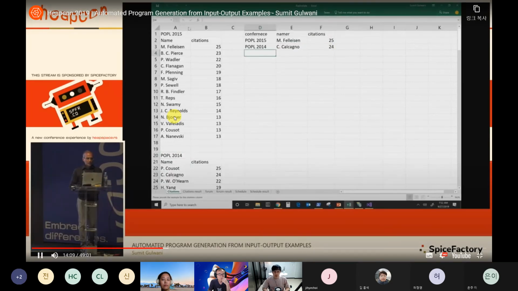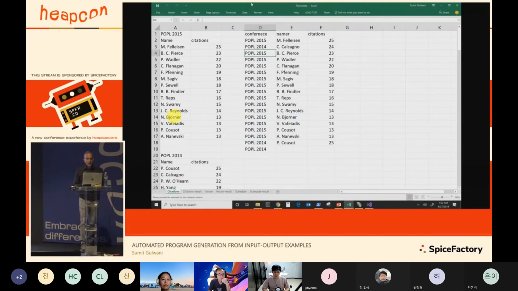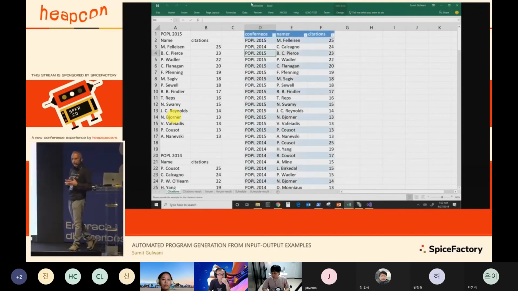프로스를 돌리는 거예요. And now from a couple of examples, the system is able to generalize my intent and extract